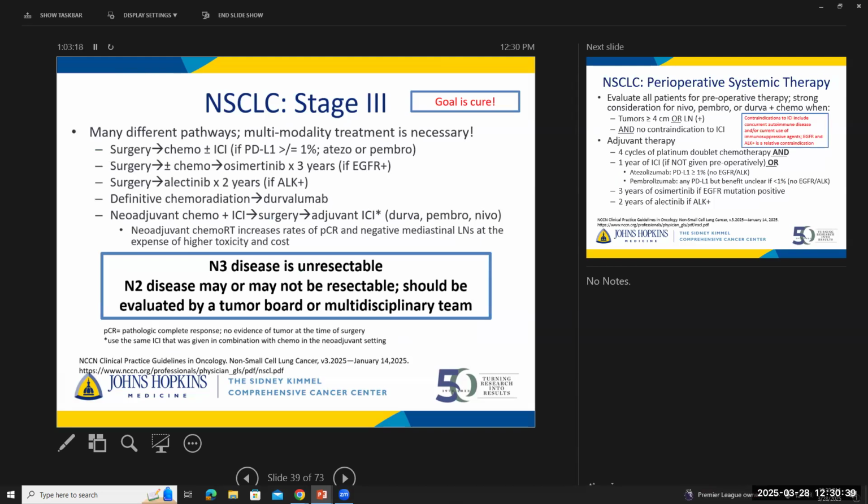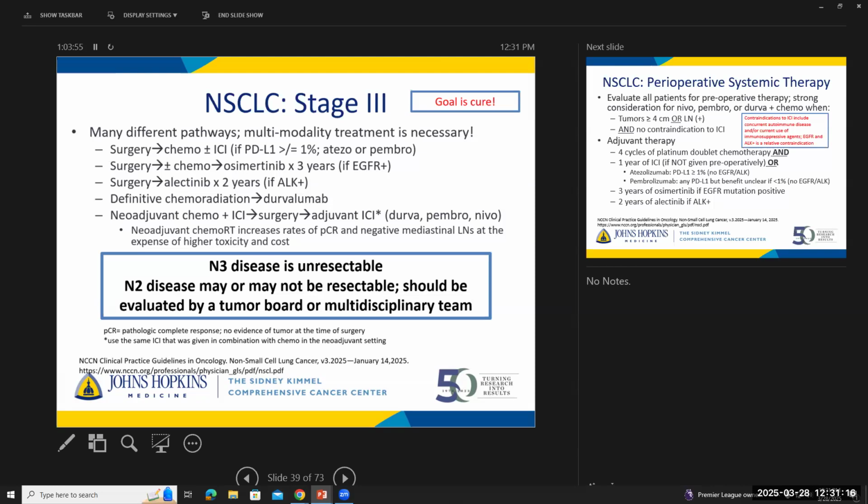Stage 3 is super, super, super complicated. It's kind of like multiple pathways. There's so many different combinations of things that we can do. To simplify it for you, you need to understand that we need multimodality treatment, okay? We can still cure these patients, but these patients need at least 2 of surgery, radiation, chemotherapy, targeted therapy, immunotherapy. Like, they need multiple tools in our toolbox because their cancer is at highest risk for recurrence with any one